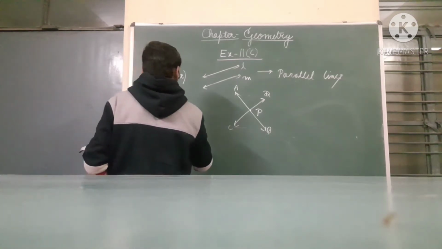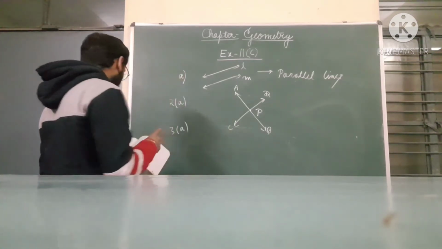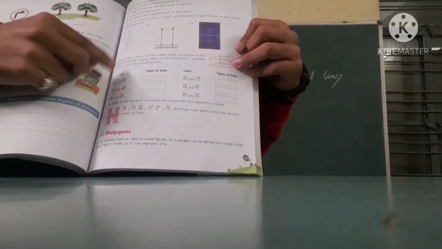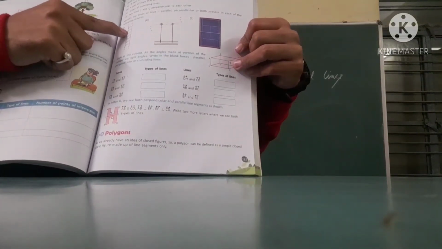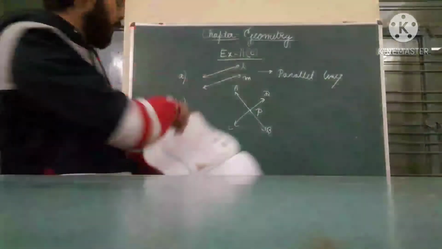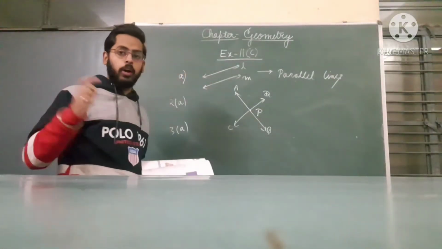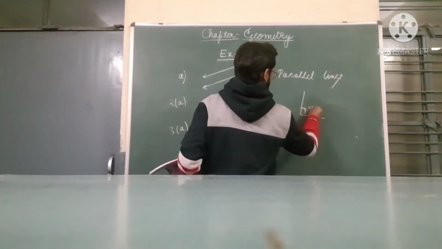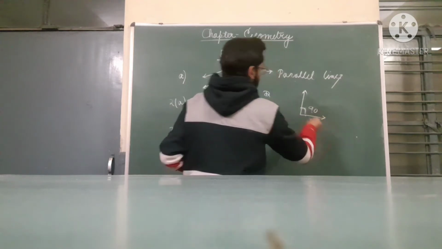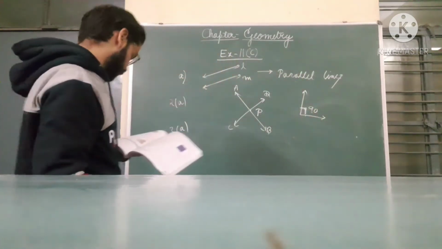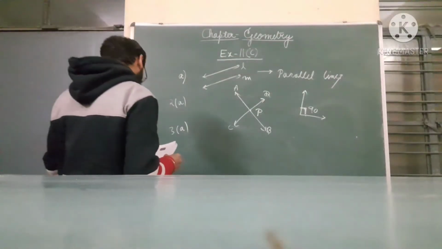In question number 3, we can see that both parallel and perpendicular have been mentioned. Just see in 3A. We can see that the 90-degree angle is given, and the parallel lines are also given. The 90-degree angle gives you a hint: if there is a structure like this, that is called a 90-degree angle, and an angle like this will be considered a right angle. Okay, students.